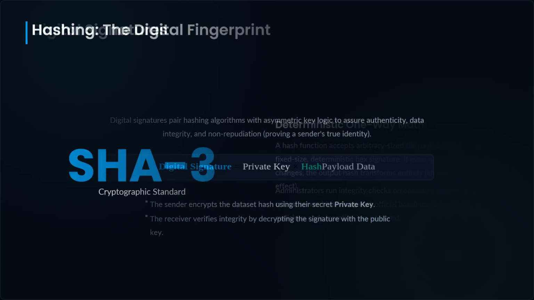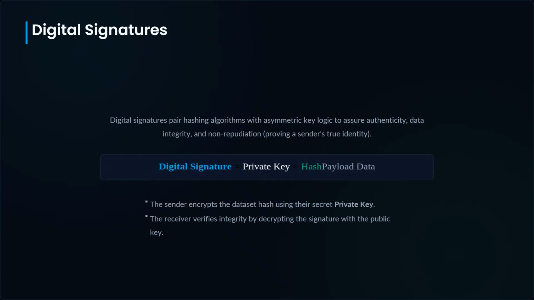1. The sender calculates a hash of a document and encrypts that hash using their private key. 2. The recipient decrypts the hash using the sender's public key, contained within a trusted digital certificate. 3. The recipient calculates the document's hash locally. If the decrypted hash matches the calculated hash, it proves the data was sent by the actual key holder and has not changed by even a single character.